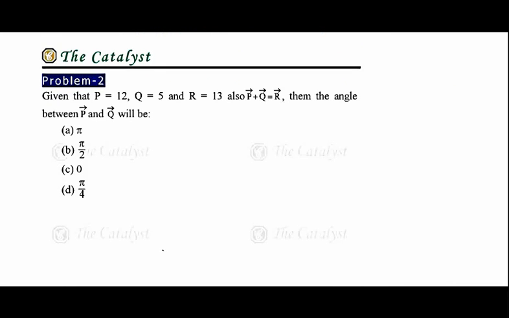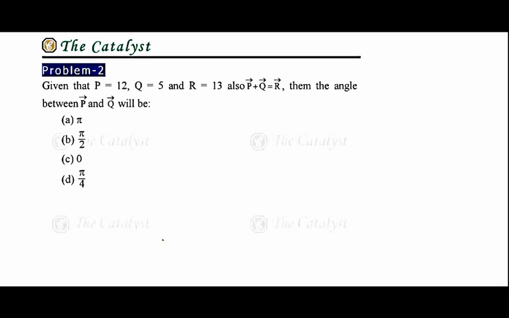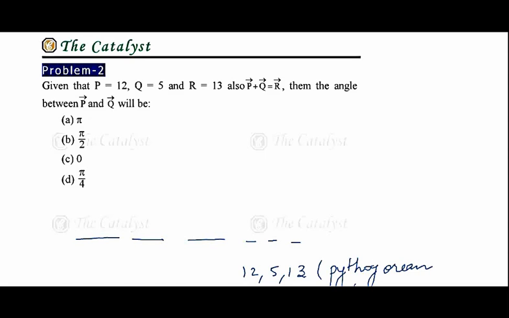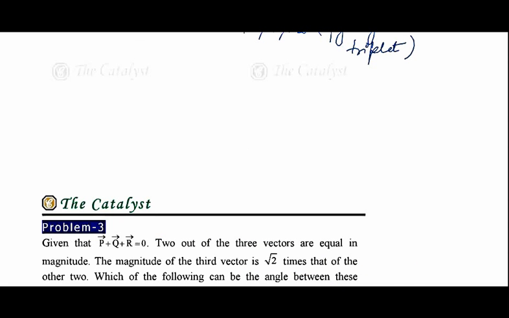Now in the second problem, it is given that there are three vectors P, Q and R, right? P plus Q is equal to R. The magnitude of P is 12, the magnitude of Q is 5, right? And R is 13. Now 12, 5 and 13 form a Pythagorean triplet, like 3, 4, 5, right? You have 3, 4, 5, a very common Pythagorean triplet. Similarly you have 12, 5 and 13 as a Pythagorean triplet,